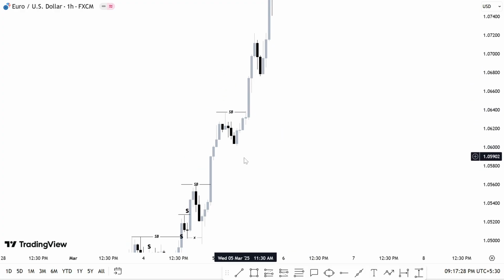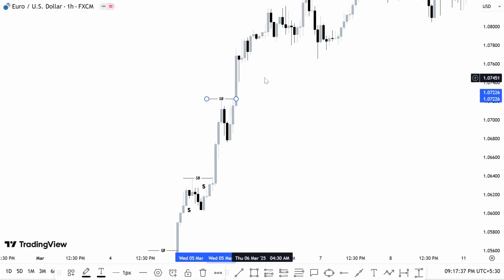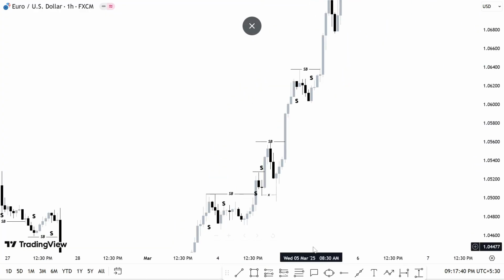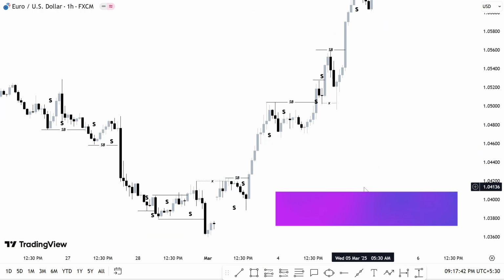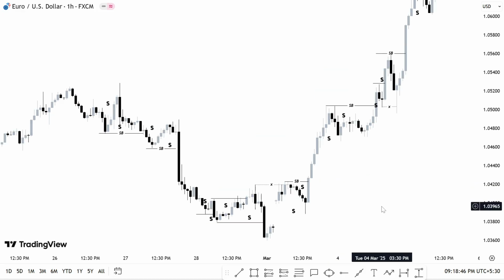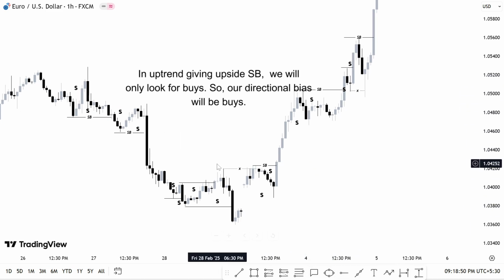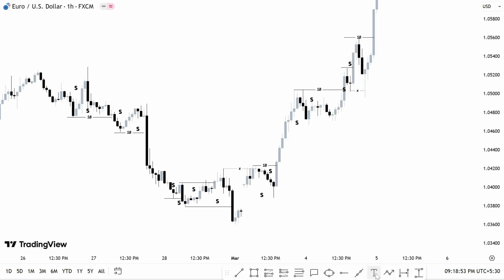This is a structure break because we have clear spacing and pointed, clear structure. Again, this is a structure break. Okay, and so on. Now, the core question is how we will determine whether to sell or buy. In an uptrending market, just like here, we will look for buys. For example, this broke a structure over here, so we will look for a buy here. Okay, we'll look for the buy here in the retracement.